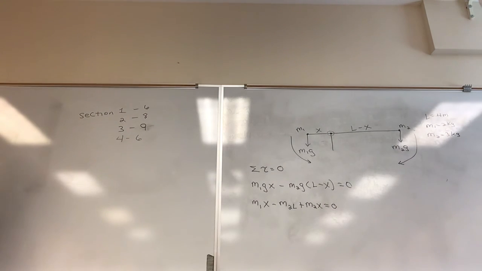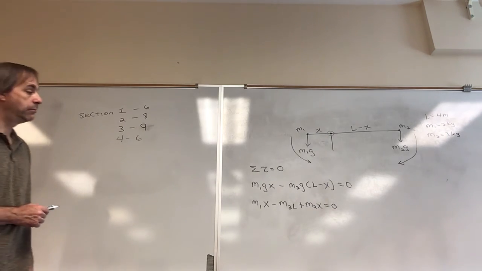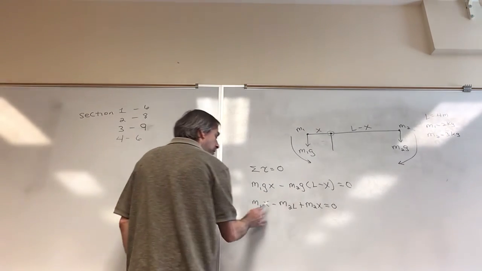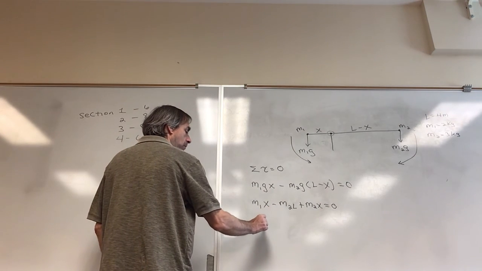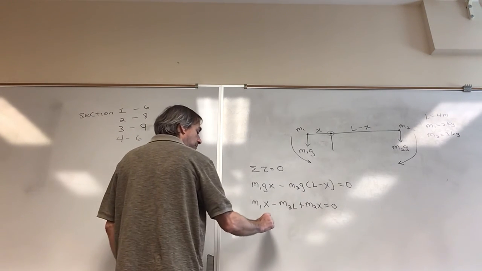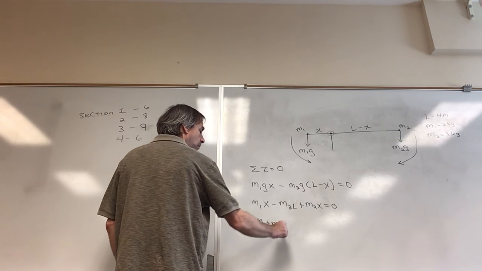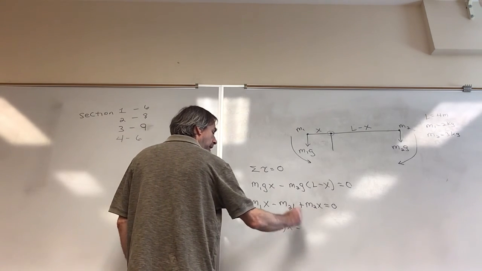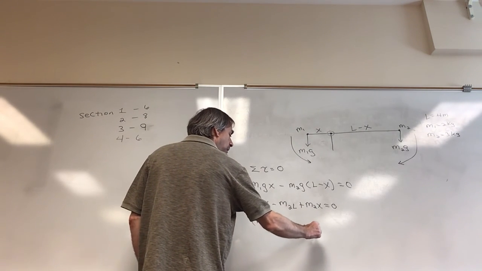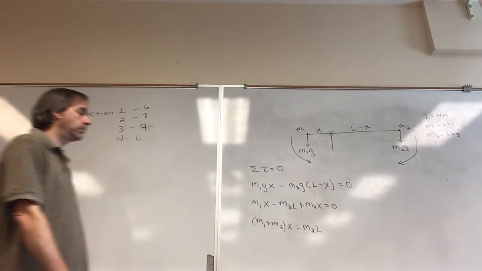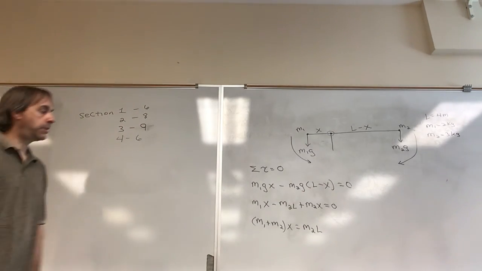So again, if you go to Mars and do this, you get the same result. And let's isolate the terms involving X. So we have M1X plus M2X. And let's move this other term to the other side. And so X,